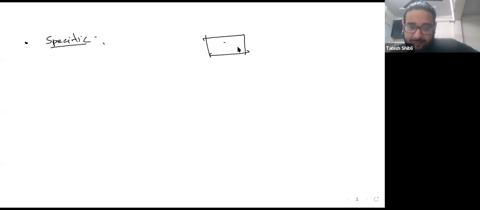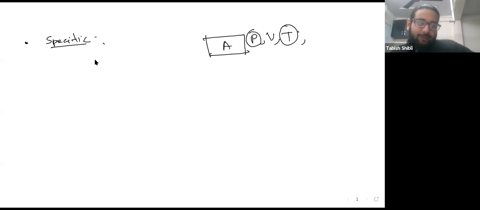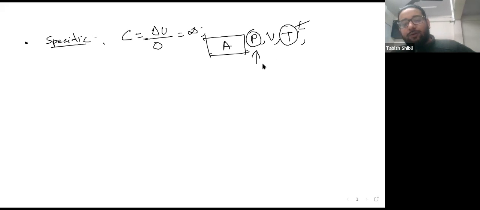So in a gas, you can define two kinds of specific heat. Till now we were talking about a system where pressure is changing, volume is changing, and temperature is changing, right? We have already seen the case where temperature is constant: the energy I put in divided by 0 is infinity. Two more things that we can do are to keep pressure constant and to keep volume constant, right? So that will lead us to specific heat